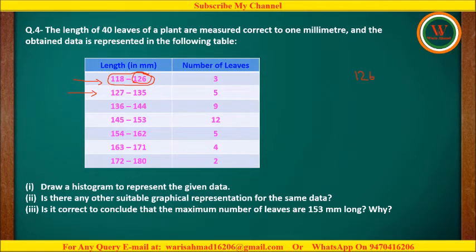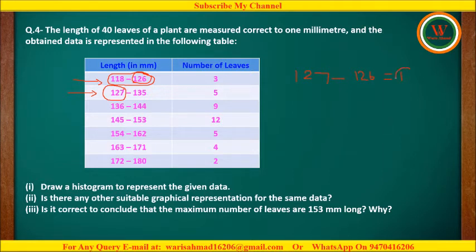Now after that we have to select the successive class just after this class, and from there take the lower limit of this class. From the very first class we select the upper limit. From the second class we select the lower limit, that is given 127. So we write here 127. After that we will find the difference between them. The difference between them is equal to 1.